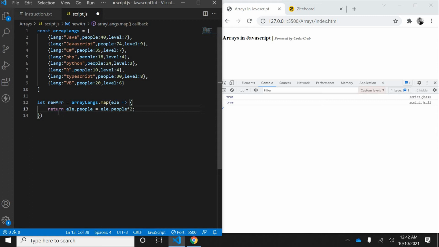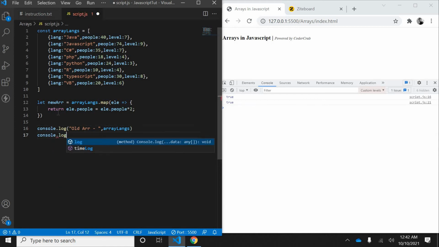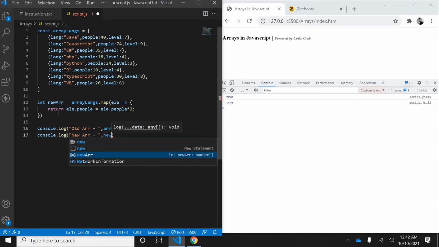into 2. So whatever value it is, it equals ele dot people into 2. I'm just returning this, and I'll do a console dot log, and here I'll print first the old array, that is array length, then console dot log the new array.